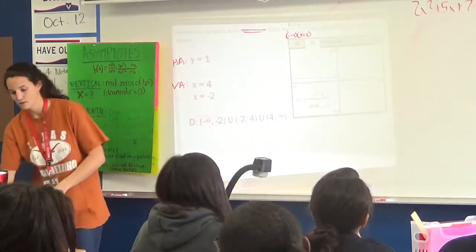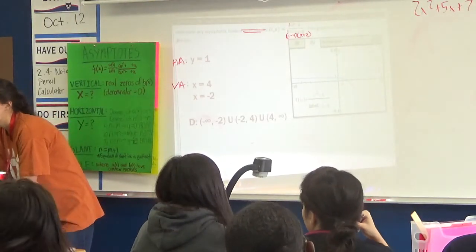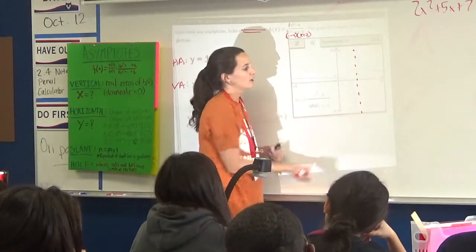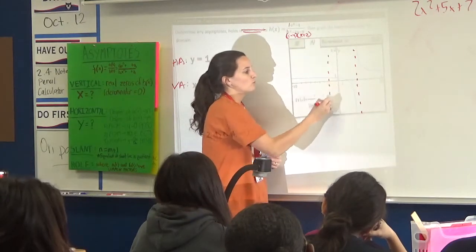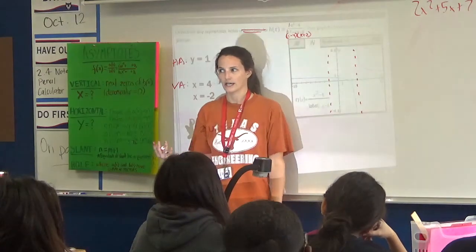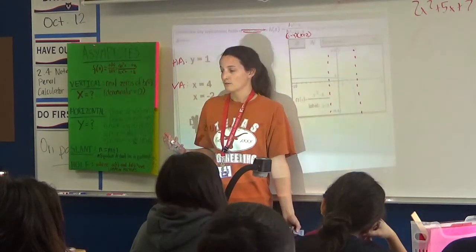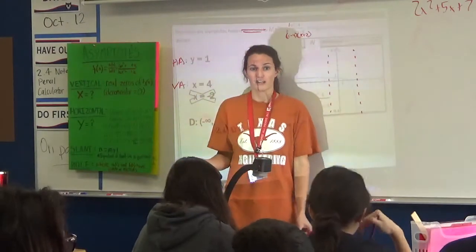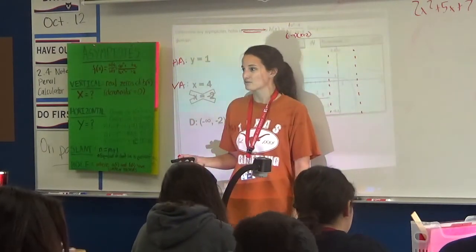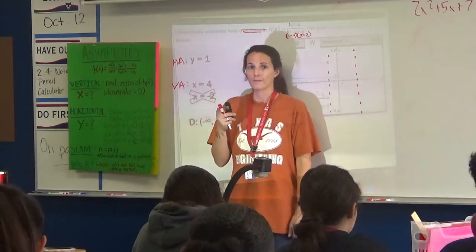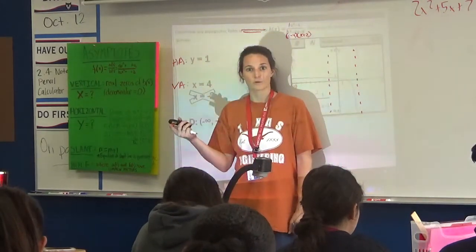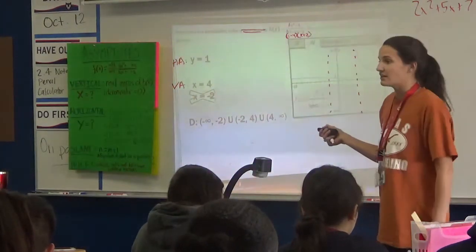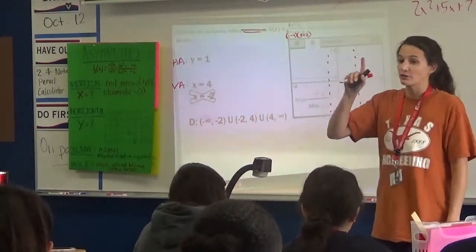Kennedy, what do you notice? Yeah, we should have one at 4, I feel good about that. But at -2, we wrote down that that's a vertical asymptote and it doesn't look like it on our graph, because it is not a vertical asymptote. I'm going to cross off x equals -2 is not a vertical asymptote. I'm going to teach you why it's not, and we're going to make sure we watch out for this. When we have something like this, it's still a discontinuity.